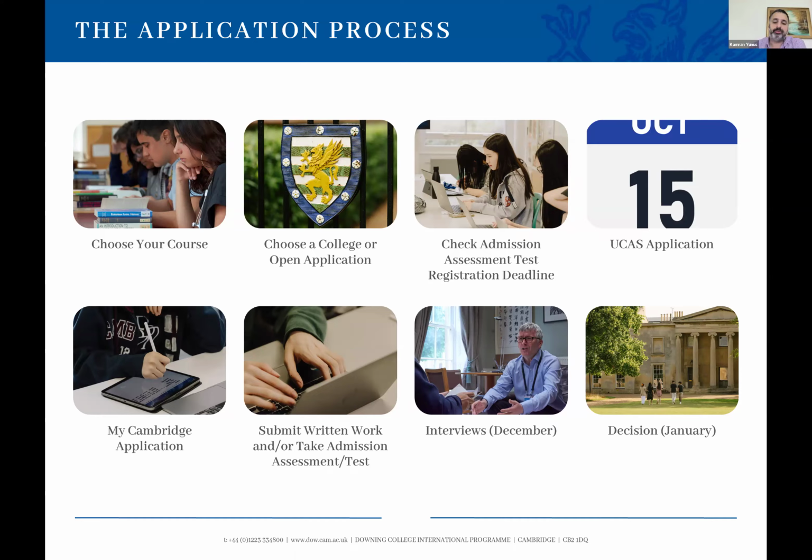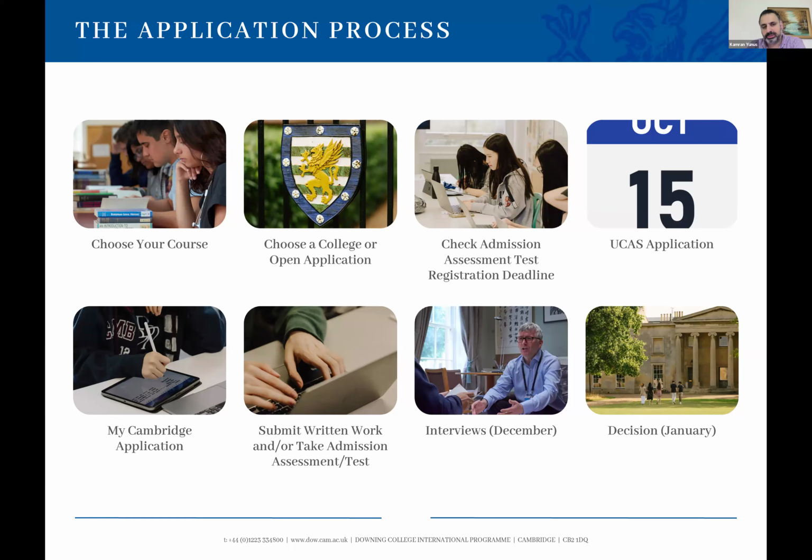For example, if you are interested in a topic such as psychology, really ask yourself, what is it that you find fascinating about psychology? Is it the applied side of psychology, in which case subjects such as philosophy, theology, or even human social political sciences may be of interest to you? But if you're really interested in the science of psychology, then maybe subjects such as psychology, behavioral sciences, or natural sciences, where you can go on to specialize in neuroscience, might be the more appropriate route. The point is, you really should do your homework and pick the course that you're really going to enjoy.